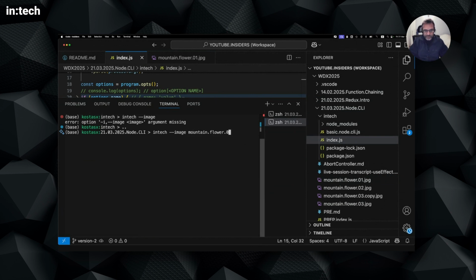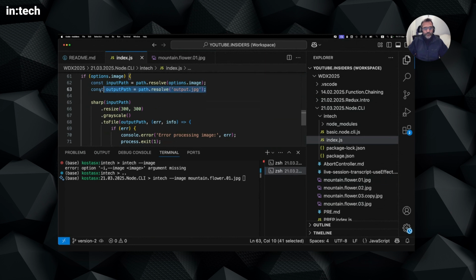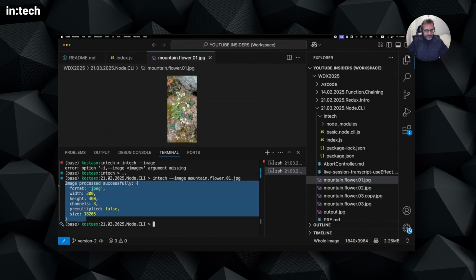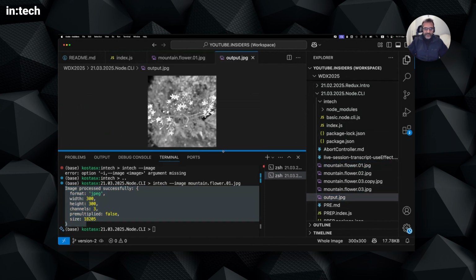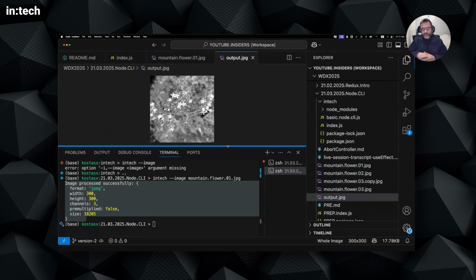with mountain layer 1. So if this works as expected, this code should create an output JPEG, which is going to be a lower resolution grayscale version of this image. So let's see if this works. Image processed. This looks good. I can see the output JPEG. And as you can see, it has created an image which contains a black and white 300 by 300 pixel version of the image,